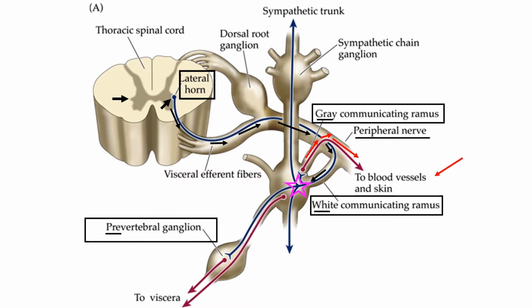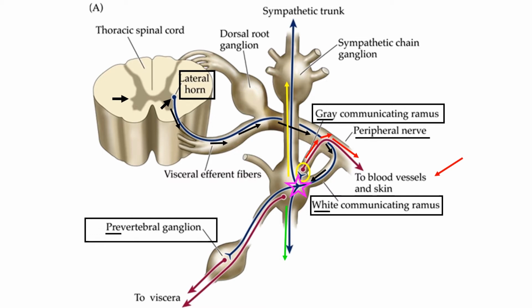The other scenario is that this white ramus is going to go up to other superior ganglia, and either it synapses or it doesn't. Then there is a possibility of going to inferior ganglia, one or two or three, to behave the same way